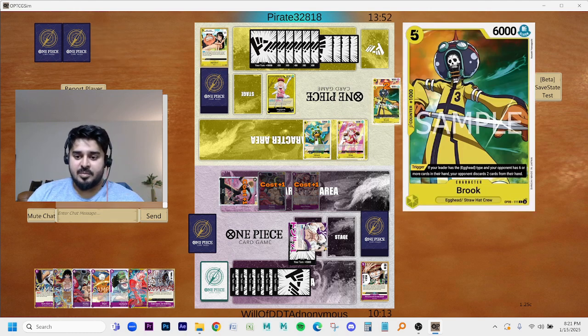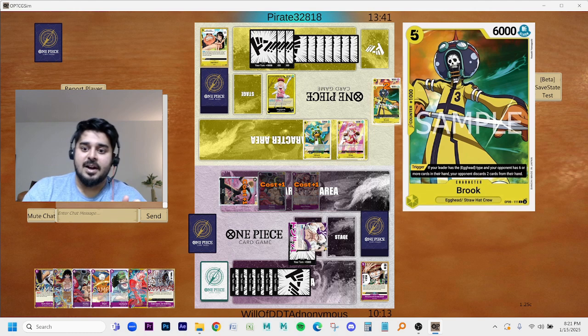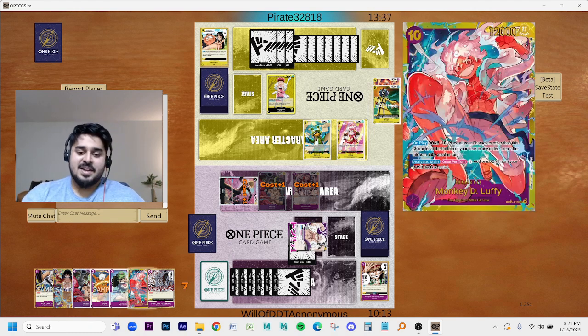He heals a Brook. What does this Brook do? If your leader has the Egghead type, and the opponent has 6 or more in their hand, your opponent discards 2 cards from their hand. God damn, alright. We don't want to get hit with that, so we might as well try to go down to below 6. At the moment we have 7. So we want to get to